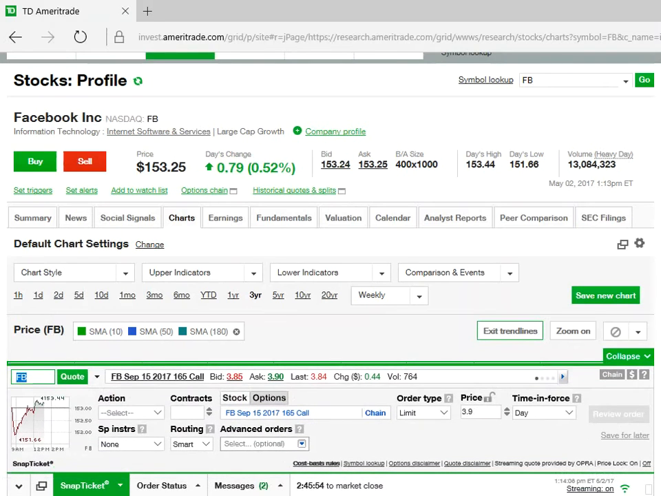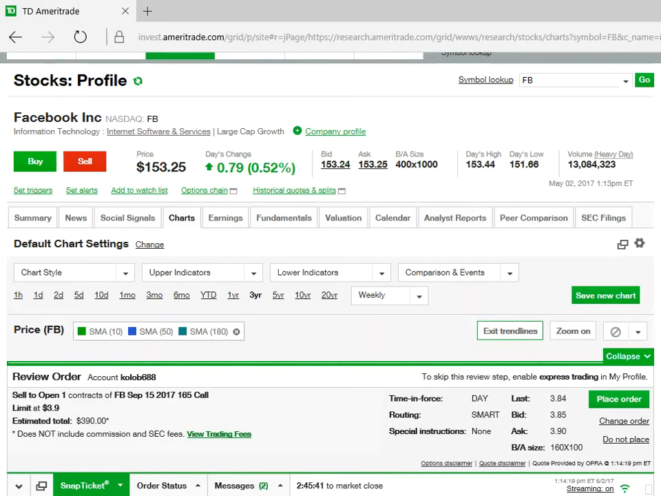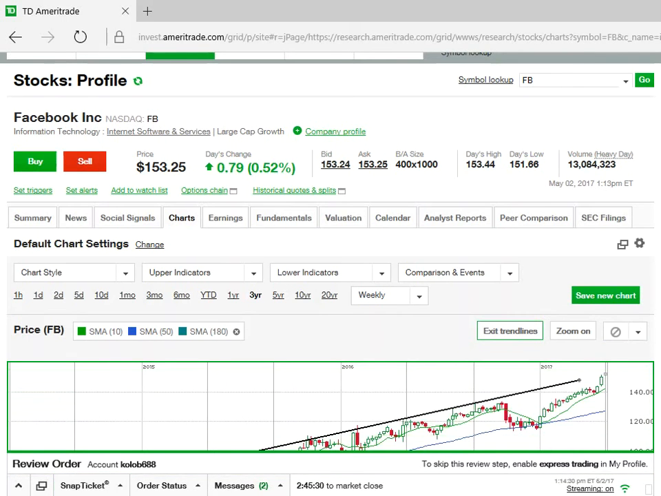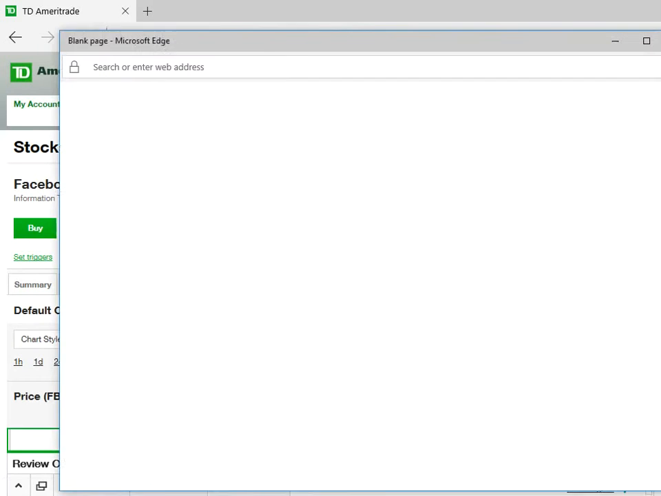Okay, you like Facebook, you buy it, and then you're going to sell to open that one. Okay, and then you click in the one contract like that. You review the order, and voila, $390 gets added to your account. Okay, and then in the next 6 months, you have sold a call option to the open market, and so